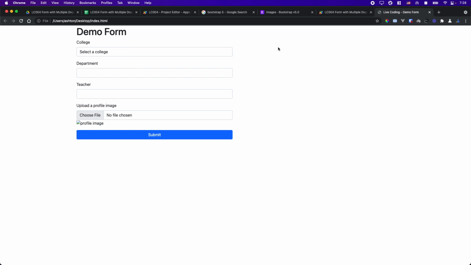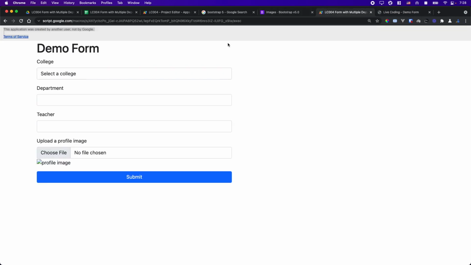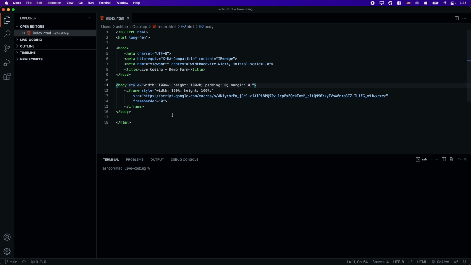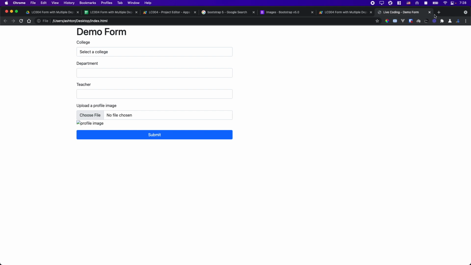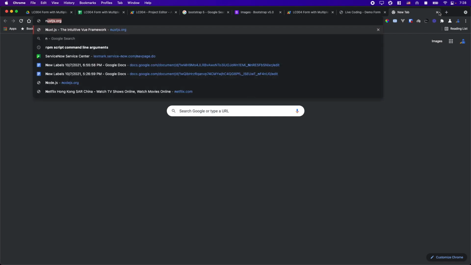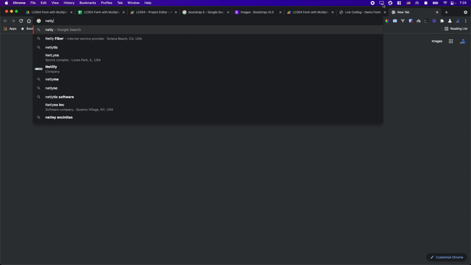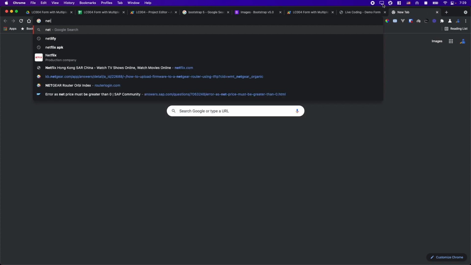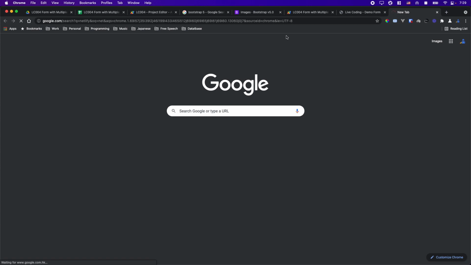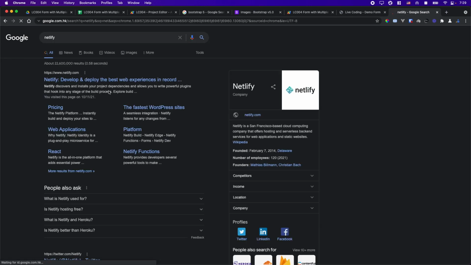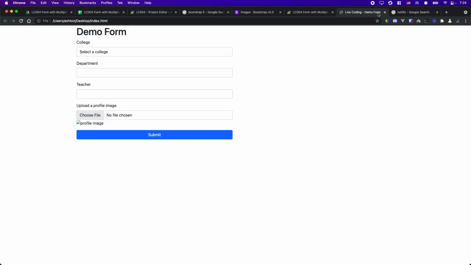this is a form without this message from Google, and we can host this index file with a service like Netlify, or a GitHub repository or GitHub Pages. Basically, we can host that as an application. We can use this to deploy our application. So after you deploy this on a service like this, you don't have this